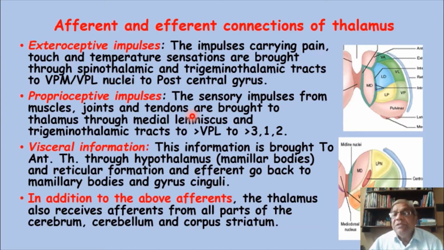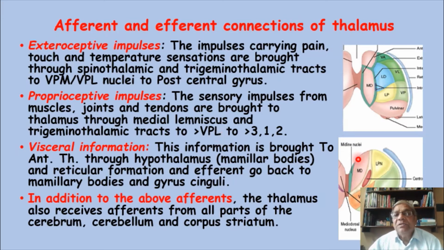So the medial lemniscus and trigeminothalamic tract bring these; the upper one was spinothalamic, and this is the medial lemniscus. I will tell you about the medial lemniscus. It is the lemniscus which brings the proprioceptive fibers, and this tract is formed by the fasciculus gracilis and cuneatus, which bring the conscious proprioceptive sensation. And these two tracts then end in the